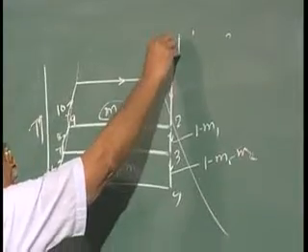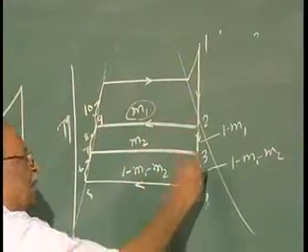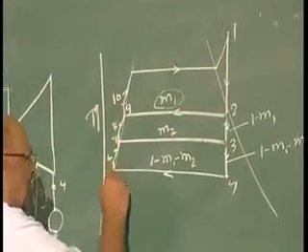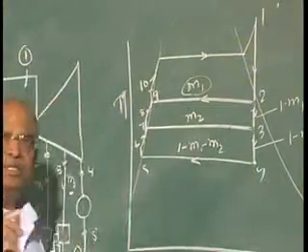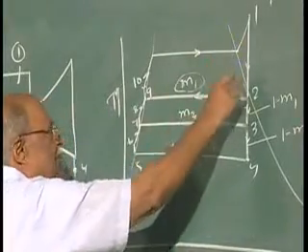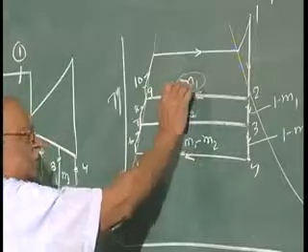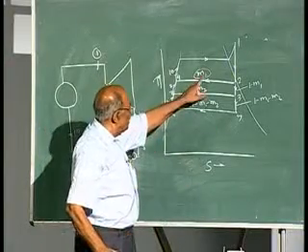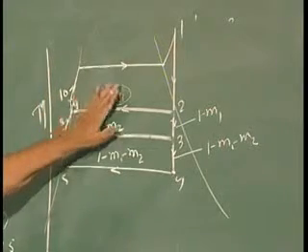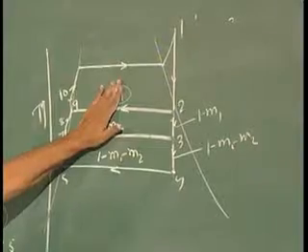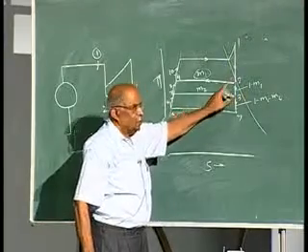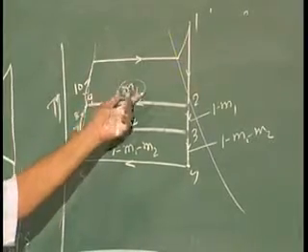This steam, if it would have expanded to the lowest pressure, would have done more work. M1 would have done this much extra work, but at the same time it would have lost this much extra heat. Now, this steam M1 has done a certain amount of work, but the loss has been reduced to 0, because this M1 is being sent back to the boiler by mixing into the water, and when the loss has been reduced for this m1 kg to 0, whatever work is done by this m1 kg during process 1 2 is a net gain,